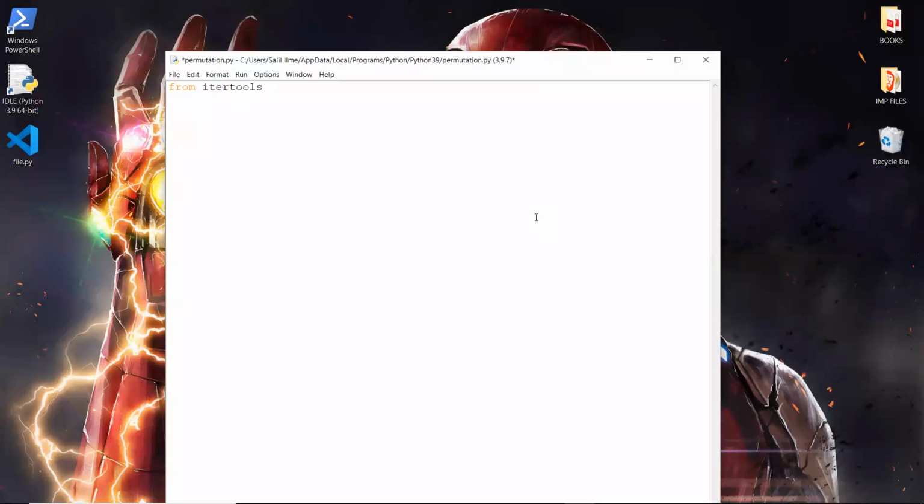Then from itertools, we will import permutations. Now let's define a list 1, 2, 3. Now we want the permutations of this list 1, 2, 3. So we will create another list. For example, A equal to list and then type